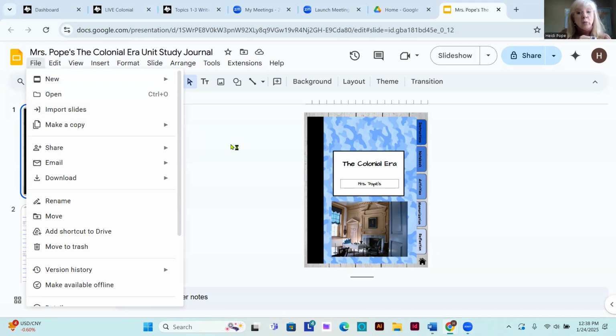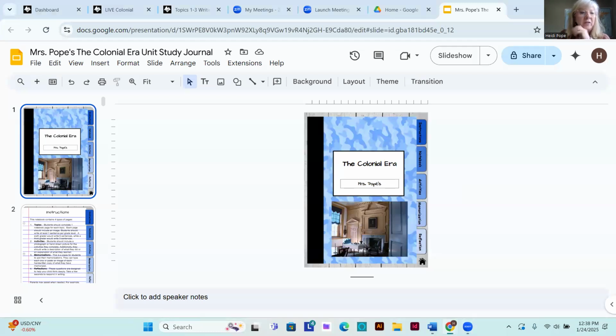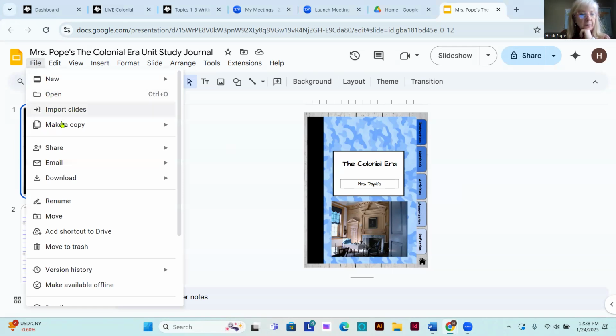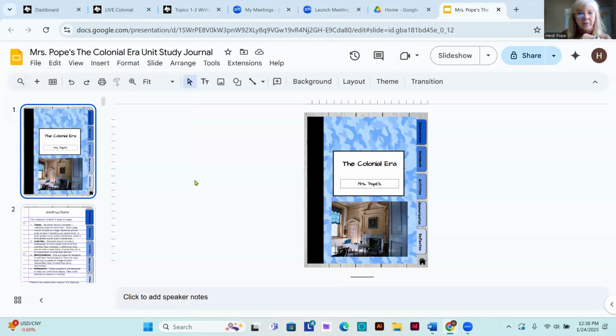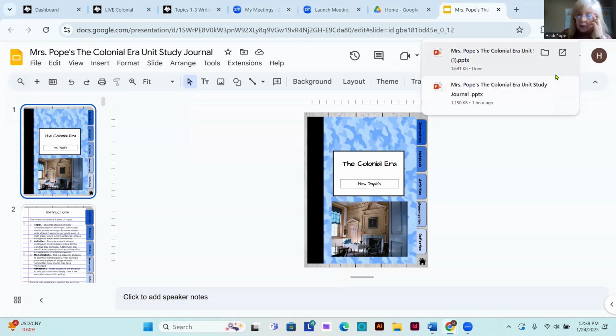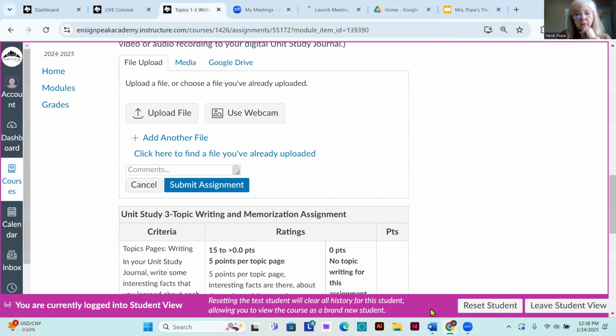But when I'm getting ready to submit it, I need to submit it from my computer. So what I'm going to do here is I'm going to click File, and I'm going to click Download. You can submit it as a Google Drive link, but then I have to have permission to get into your Google to see it. So it's a lot easier if you just download it onto your computer this way. And you can tell by this button right here that I've just downloaded it, and then it will be in a file. So when I go back over here to submit my assignment,